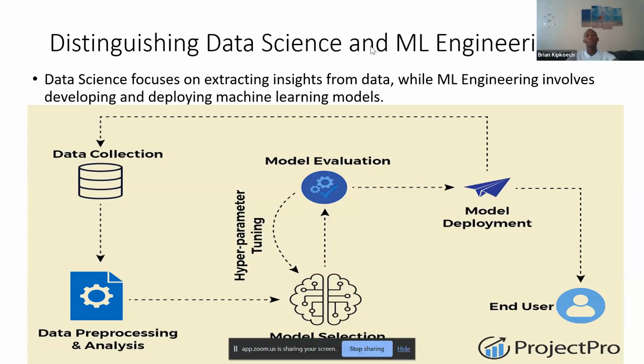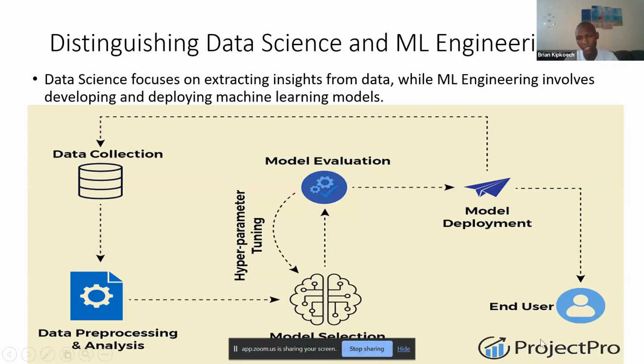So the process of data collection, data preprocessing, model selection, model evaluation, and hyperparameter tuning, those are usually more related with a data scientist. And model deployment and automating machine learning workflows, and also checking the model bias, that is usually related to a machine learning engineer. So with this infographic, I took it from Project Pro.